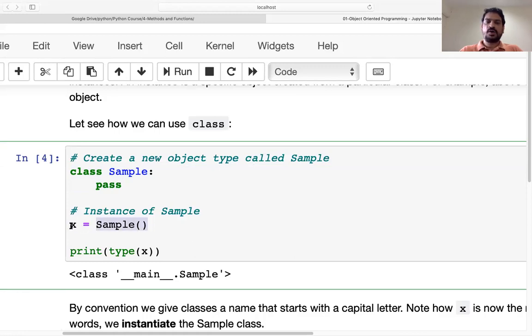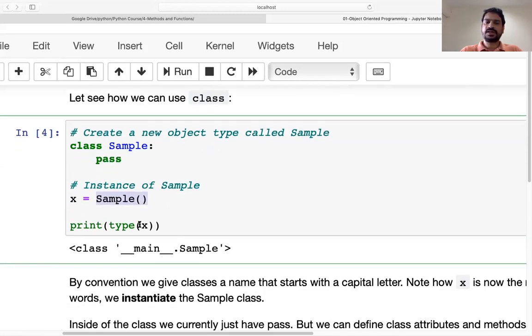If we are making it equal to x, it means that x is an instance, or you can say x is an object of class Sample. So let's say if we want to print the type of x, what is it printing? It is a class of Sample. Why is __main__ written here?